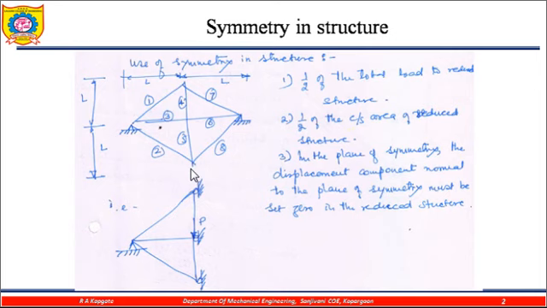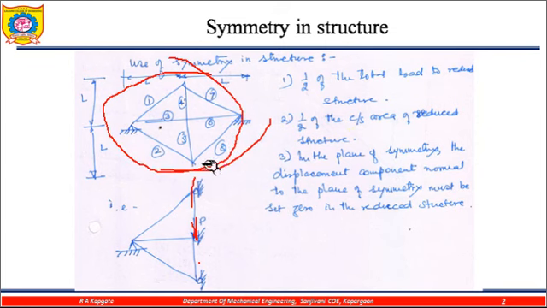So whenever such a problem is given, you divide the symmetric figure like this. This is the fixed one. You put rollers here, because there is a possibility of movement. That's why roller supports are given to these points, and the forces are applied at this point. So instead of taking the total diagram, you take half of this diagram and manipulate the parameters.